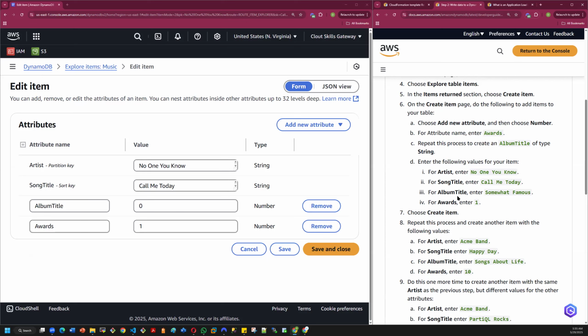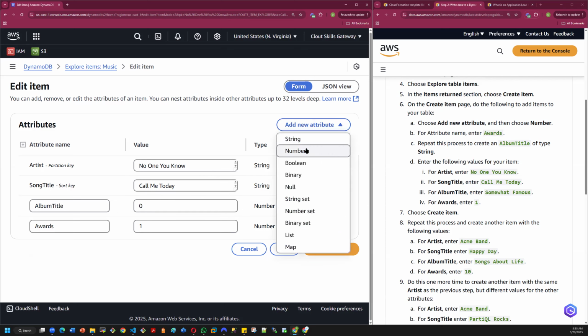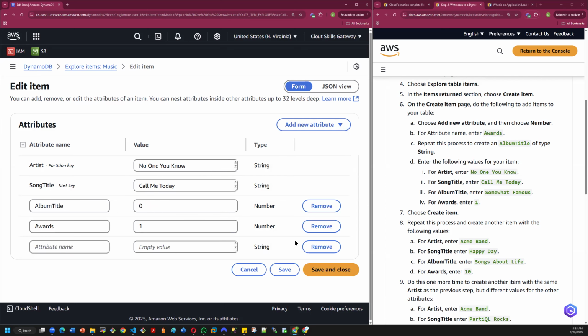Why did it say album title enter somewhat famous? Are we able to change that number to string? Yeah, so on the type, let me just say string, and I'll just change this to